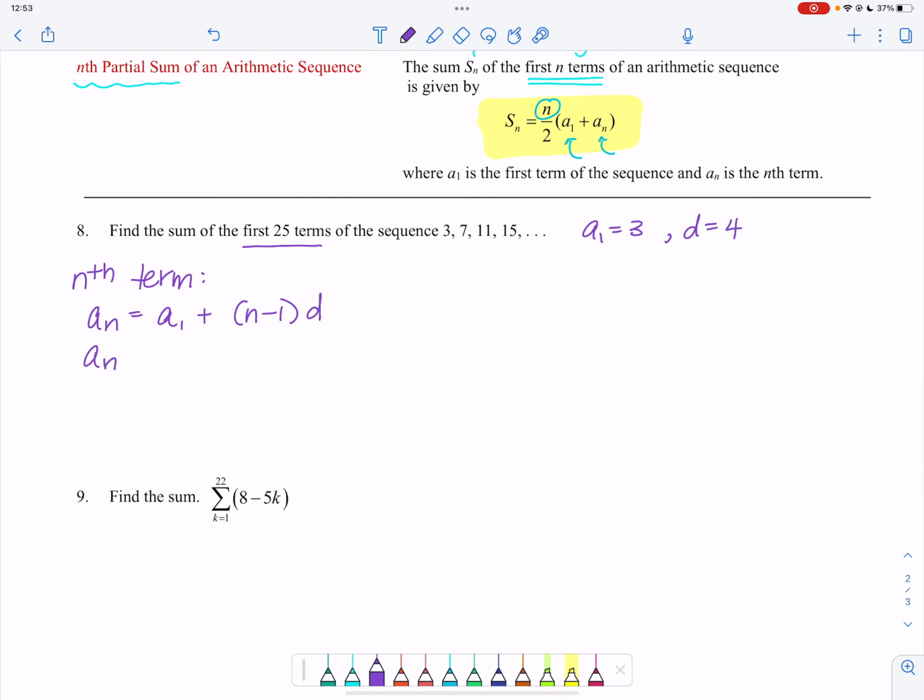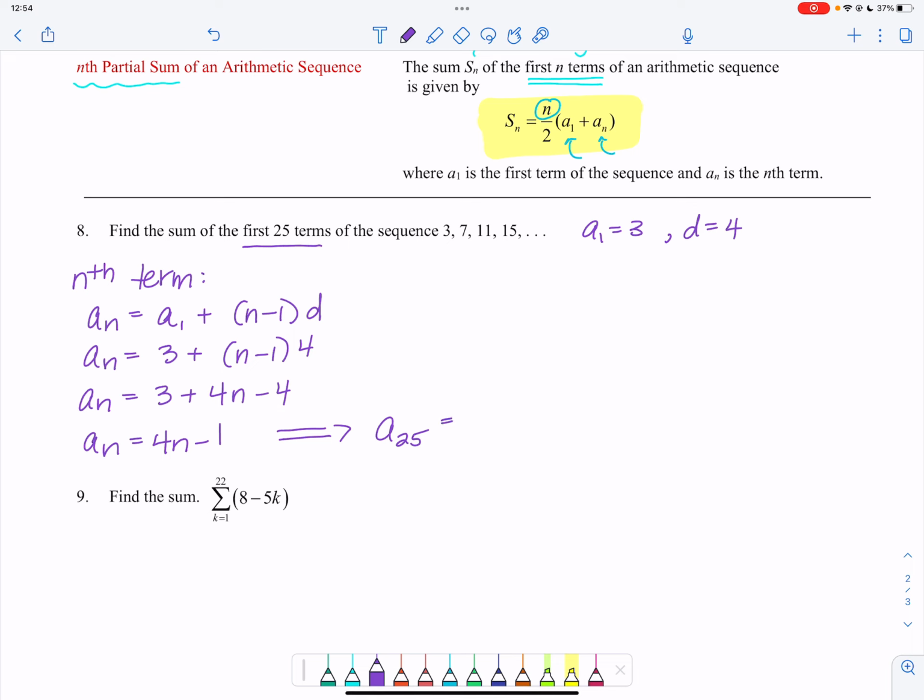So a sub n is 3 plus n minus 1 times 4. Simplified, that's 3 plus 4n minus 4, which gives 4n minus 1. So a sub 25 is 4 times 25 minus 1,